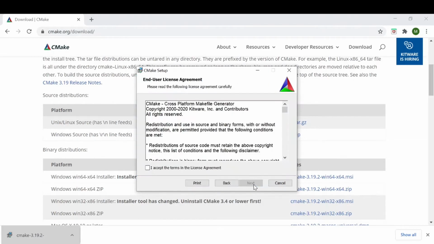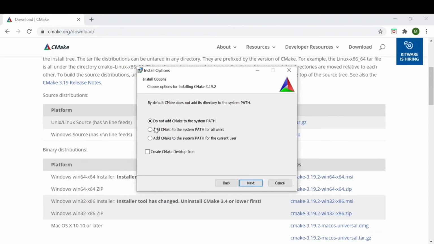We'll click on next and click on I accept, and then next. Add CMake to the system path of all users, then you can click on next.